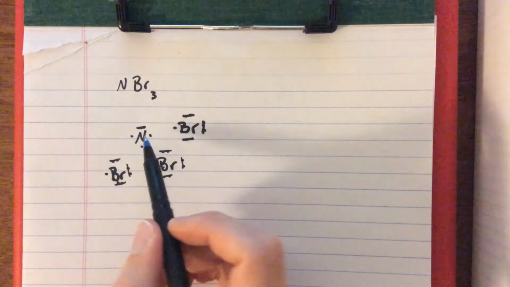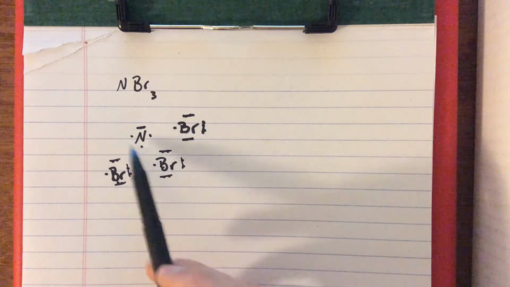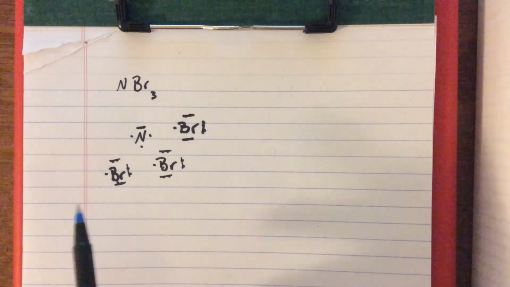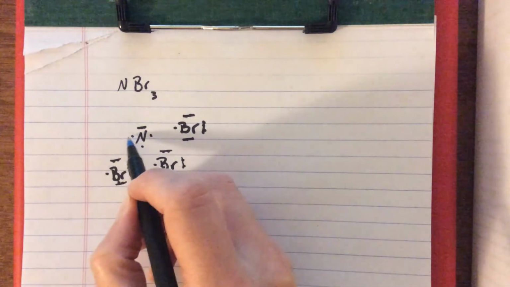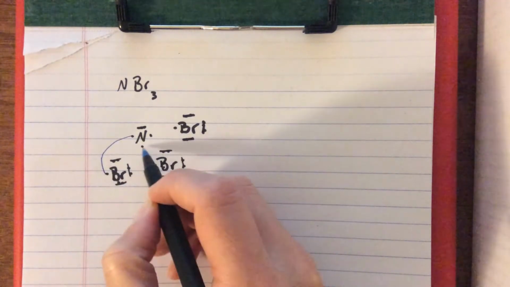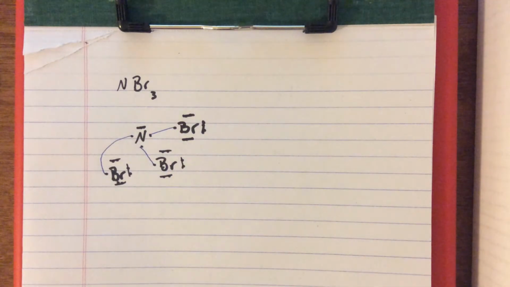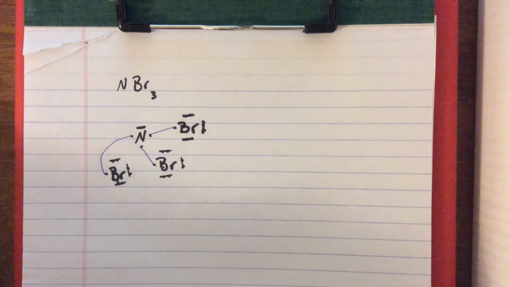So we've got our nitrogen. It has the most unpaired valence electrons. It has 3 singleton valence electrons. Each bromine only has 1. So the rule of thumb here is that we're going to take the atom with the most singleton valence electrons and put that in the middle. So we'll start off by connecting everybody to our central atom, and that actually uses up all of our unpaired